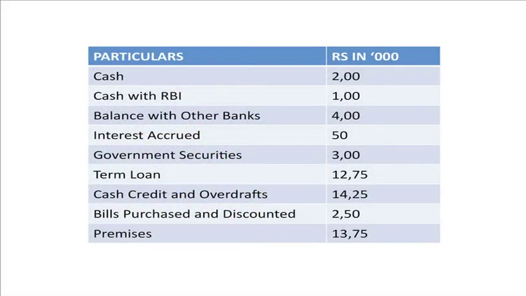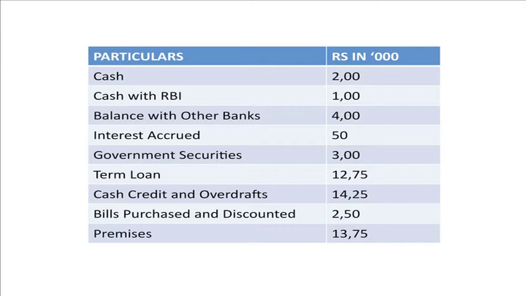On our screen we have a question where the asset side and liability side are given. First of all, we are working on the asset side. The particulars are given in column 1 and rupees in thousands in column 2. The first one is cash, rupees 2 lakh. We have presented here 2,00 as the particulars, and the amount is reflected in thousands. So, cash here is 2 lakh, cash with RBI 1 lakh, balance with other banks 4 lakh, interest accrued 50,000,